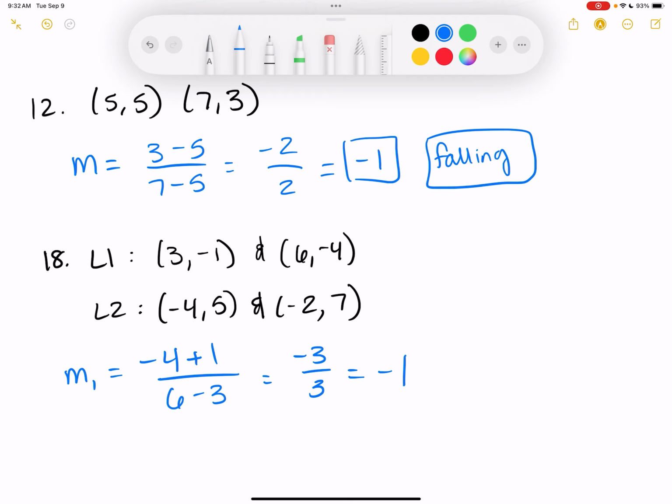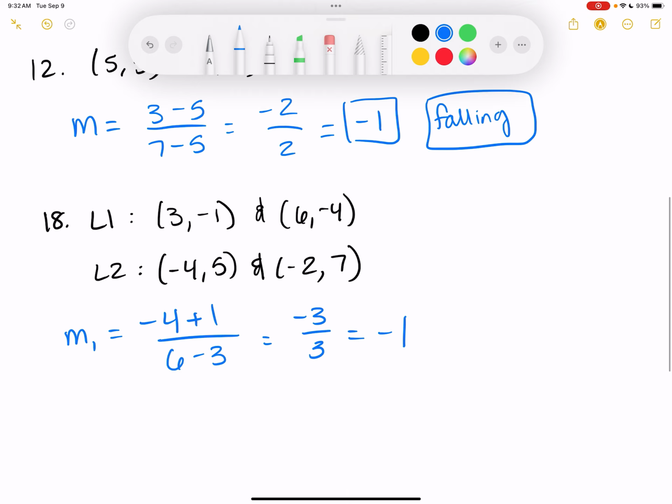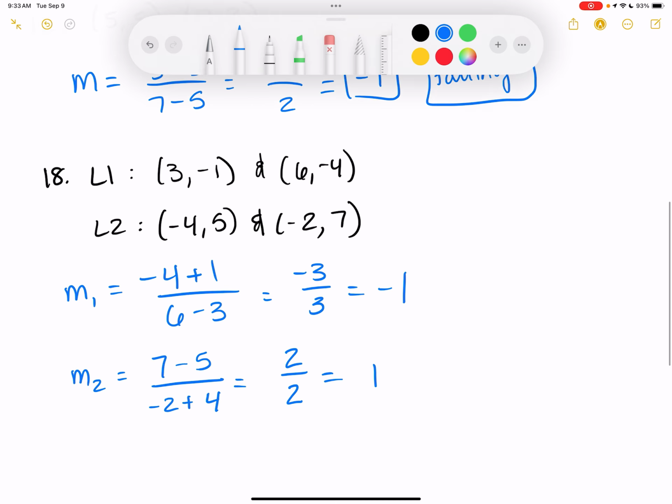Slope 2, 7 minus 5 over negative 2 minus a negative, so plus 4. So that is 2 over 2, which is 1. So, are these parallel, perpendicular, or neither? Good. Most people tell me neither, but it is perpendicular